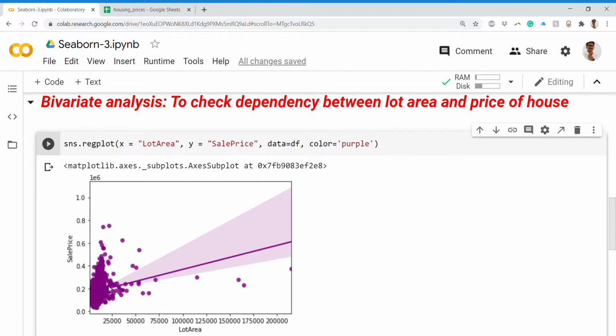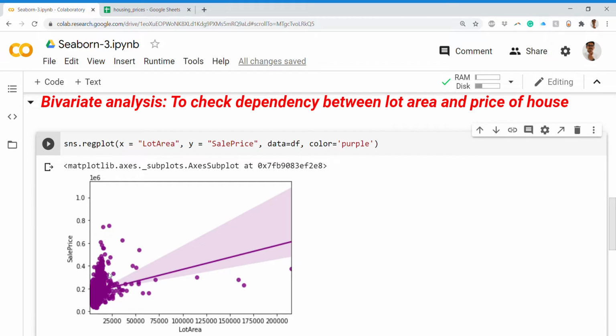You can see there is a thin line passing, but there is one problem: most of the points are centered in this particular area, where I'm hovering my mouse, yet the line is not covering all of the points, or the majority of the distribution is not explained by it. It means there is a larger variance, or due to outliers it is not distinguishable, or we want to sample the data points in such a way that the distribution fits.